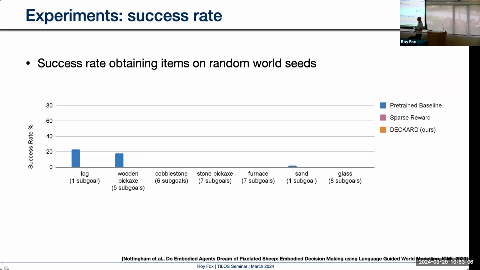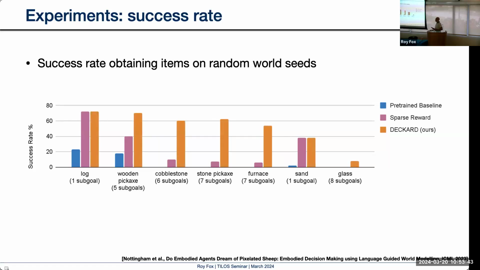And so let's see how well this does on some tasks in Minecraft to make some various things. So in blue, we have the pre-trained model, right? It's pretty good, but it's not really achieving a lot of success on most of these tasks. But now what we're going to do is fine tune it with reinforcement learning, just exploring the world and trying to do better in these tasks. And we're going to do well in some of them, but some of them that are deep in the production tree are going to be really hard.